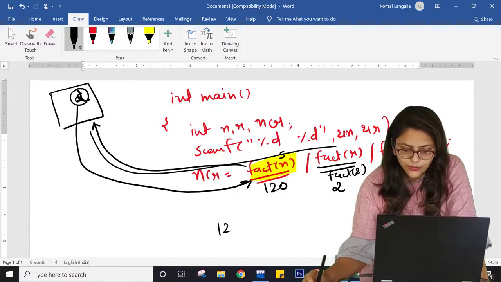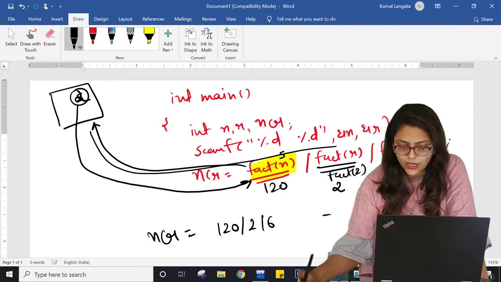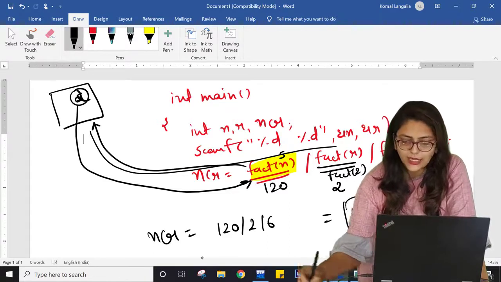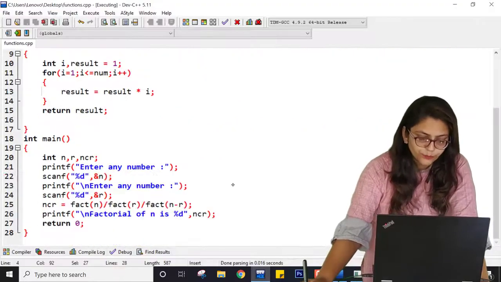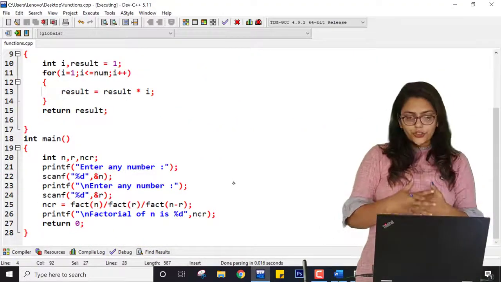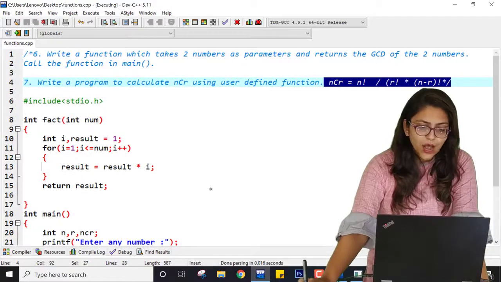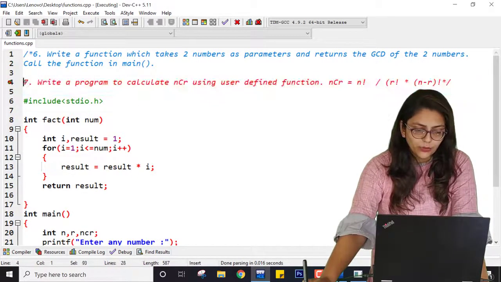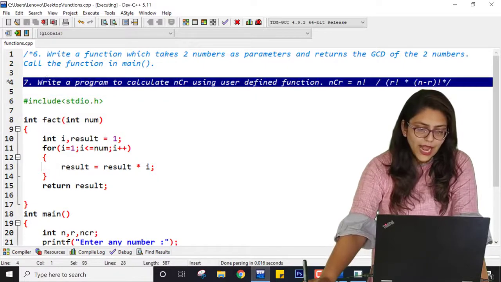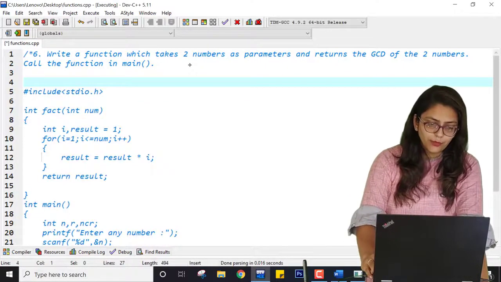So now this equation becomes 120 divided by 2 divided by 6 is equal to NCR. So this NCR becomes 10, and at the end I am going to print this value NCR in this code. So this is all about the functions, right? So this is how you can calculate a program to find NCR of given two numbers, right?